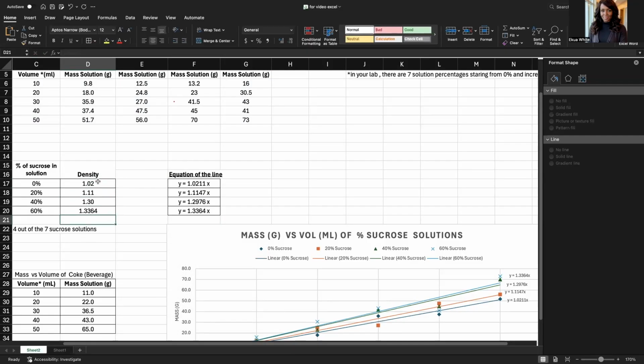Okay. So let me just reset this again so that I can have, from the equation of the lines, the slope is the density. We have made sure to set each line